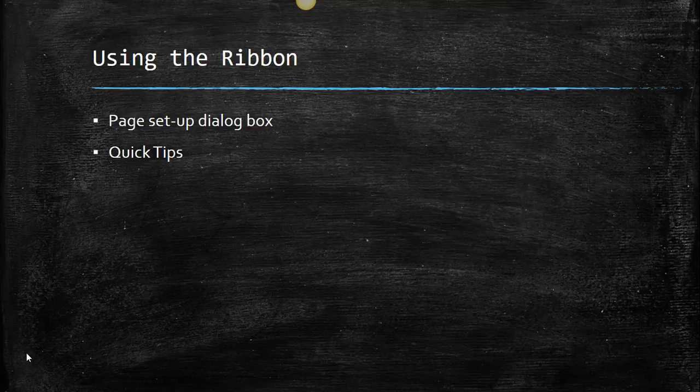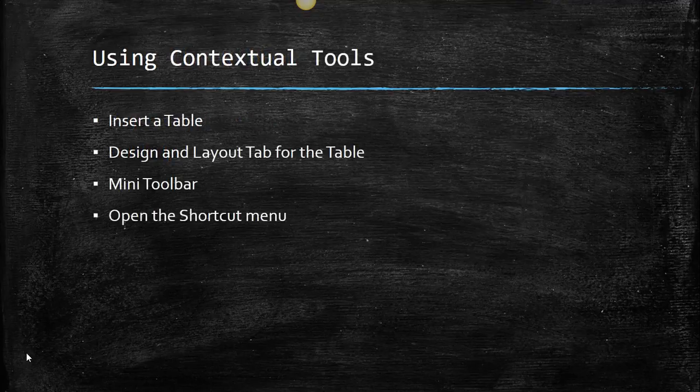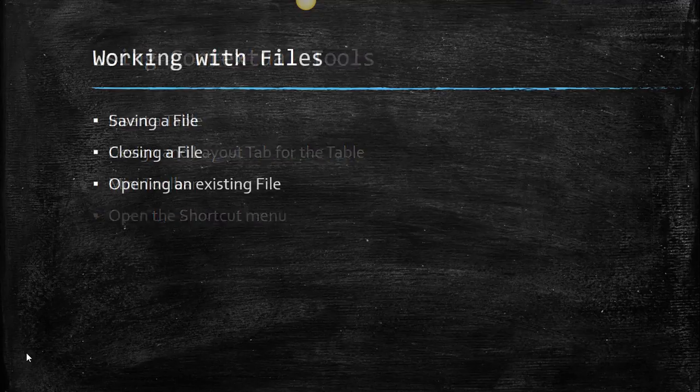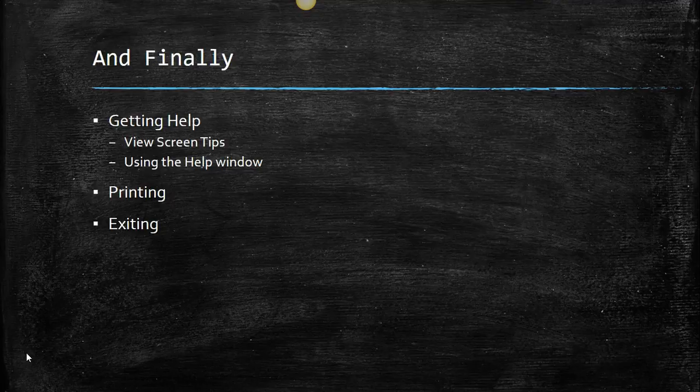We're going to go over some page setup, dialog box, and some quick tips. We're going to insert a table in a Word document, and we're going to talk about the design and layout tab for the table. We're going to go over the mini toolbar and open shortcut menus. We're going to save a file, close a file, and open an existing file. And finally, we're going to get some help, view screen tips using the help window, and we're going to talk